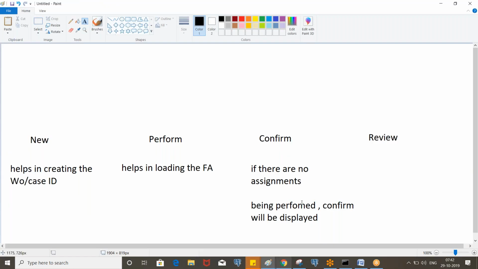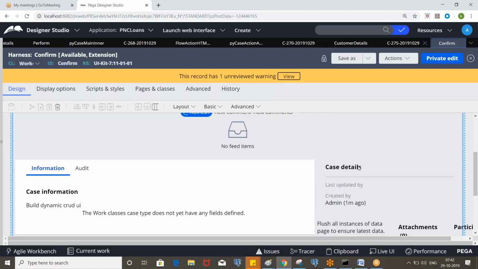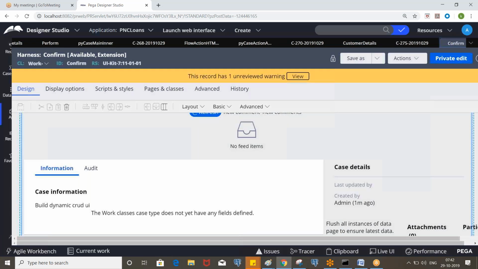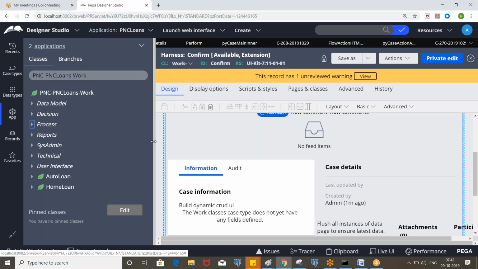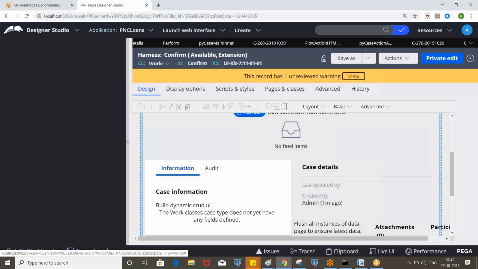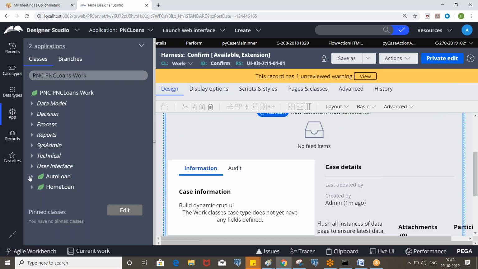Okay, and we have a review harness, and we don't see it as part of the work object in the flow, but every time you create any harness with the read-only format, that will become a review harness. Okay, so I want to call the harness on click of some button.